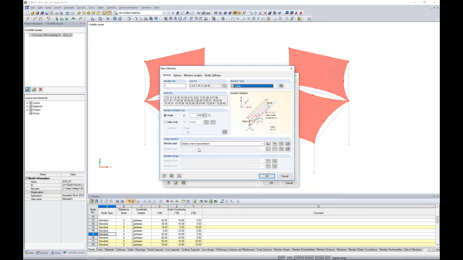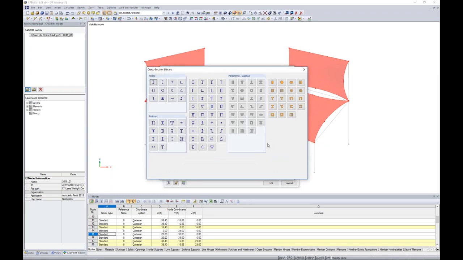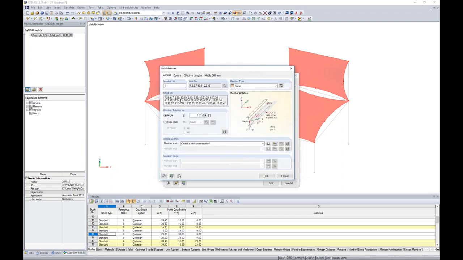The program's telling me I need to create a new cross-section, so I'll access my cross-section database, which you can see here we have all of our various cross-sections available within RFEM. We have several parametric sections, massive sections, thin-walled sections. We have all the rolled sections from the various standards, and in particular today, I'm going to use the solid